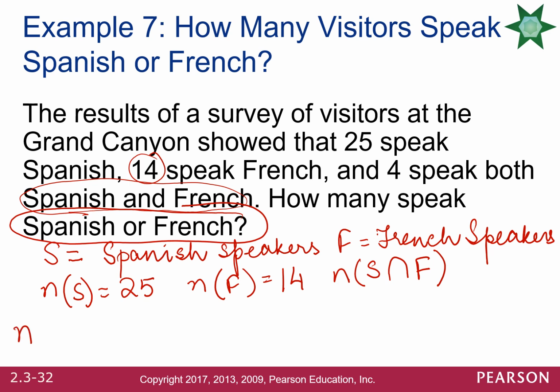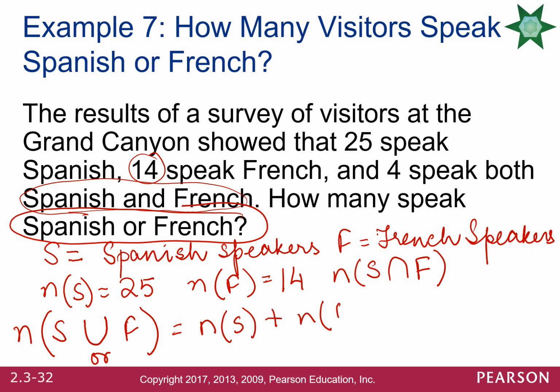That would be denoted as N of S union F. We could have written it as S or F as well, is equal to N of S plus N of F, again let's make this capital just the way we represented it earlier, minus N of S intersection F. So N of S is 25 plus 14 minus, this was 4, correct? Minus 4, which is